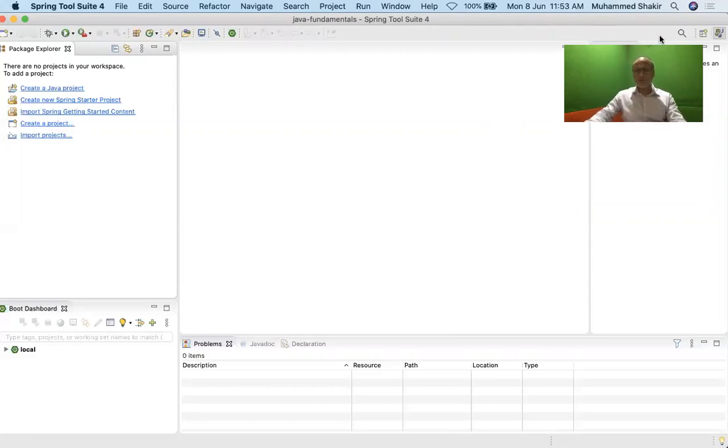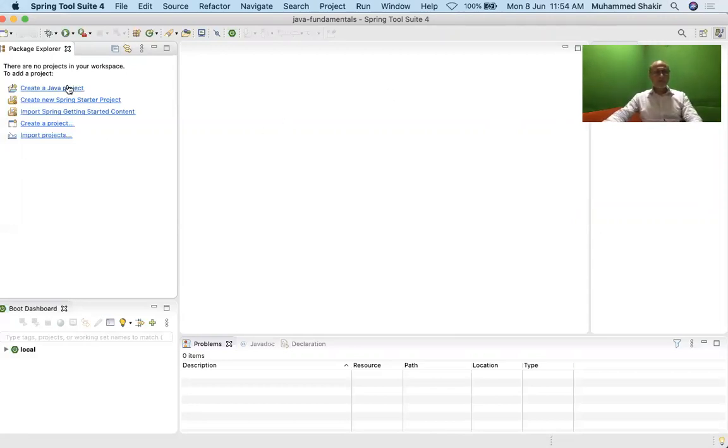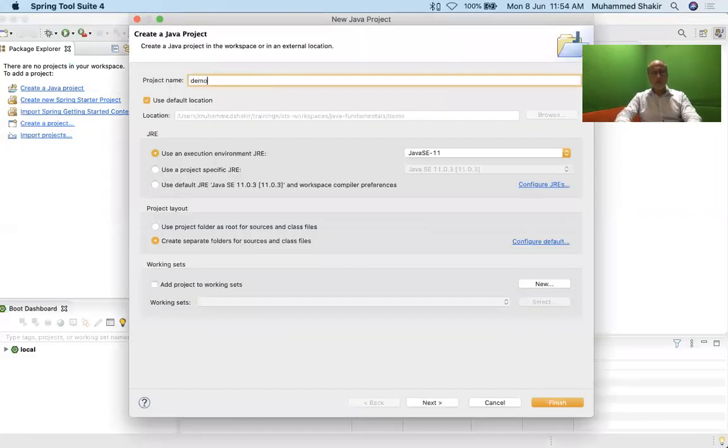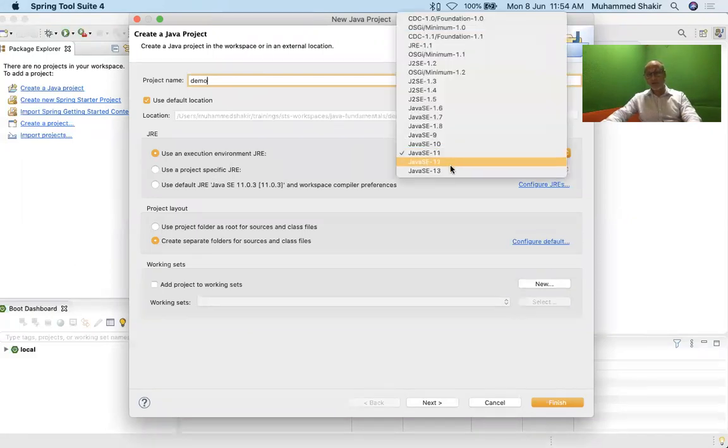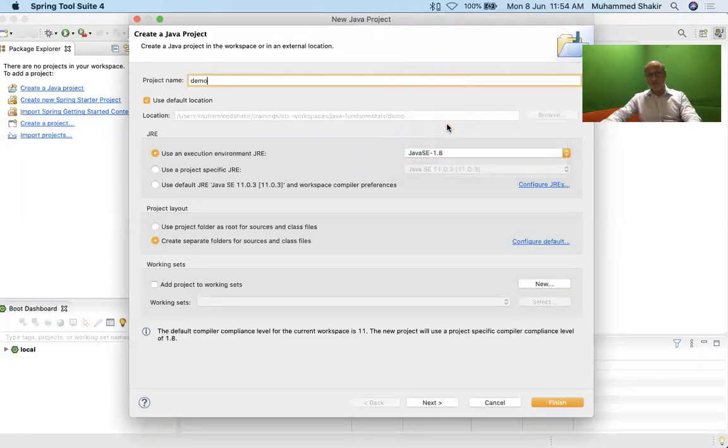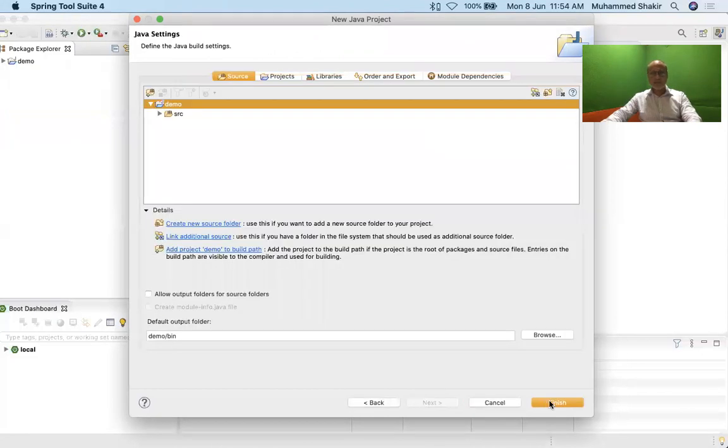Now you see this, I can create a new project here, and I will create a simple Java project. I will give the name of the project as demo itself. Here the version is Java 11, but I will go back to Java 1.8 and select that. Rest everything is the same, and I'll say next, and finish.